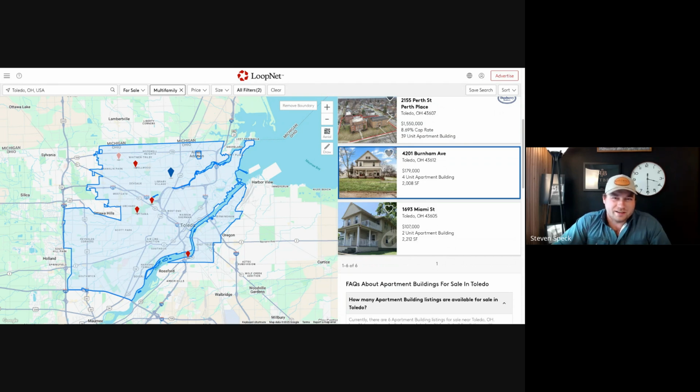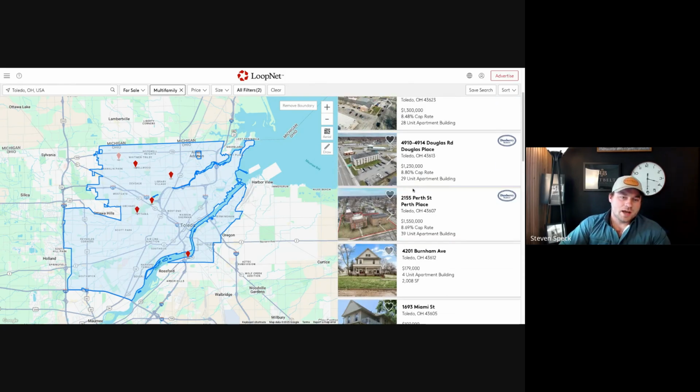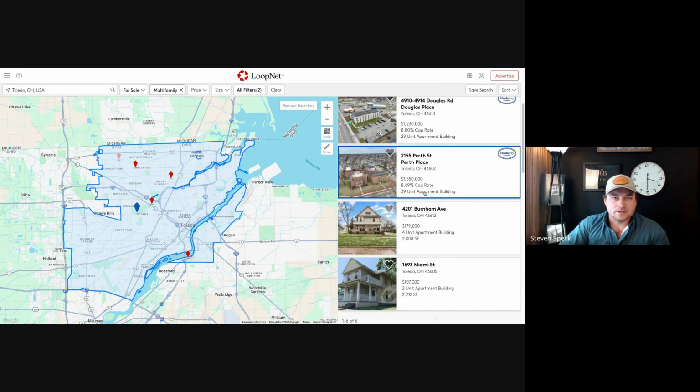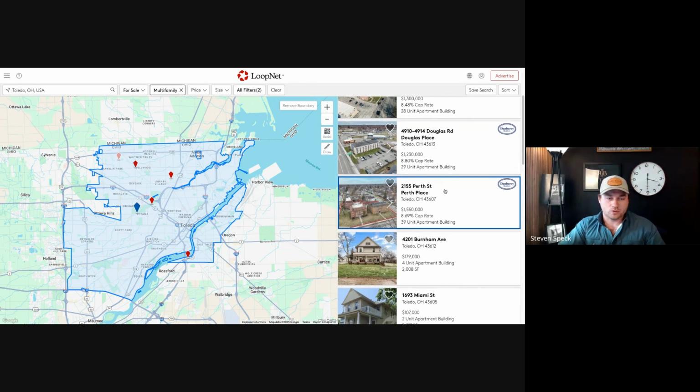If you went to college and took a statistics class, they talk about 30 being where statistics start to work. And it's like, wow, statistics is actually a real thing, because at 30 plus units you start to smooth out those expenses. So out of all of these, the most appealing would really be this 39 unit property. That's because the number one most important thing is the door count. The second most important thing, or probably honestly the most important thing, is location. The second most important thing is the door count. But